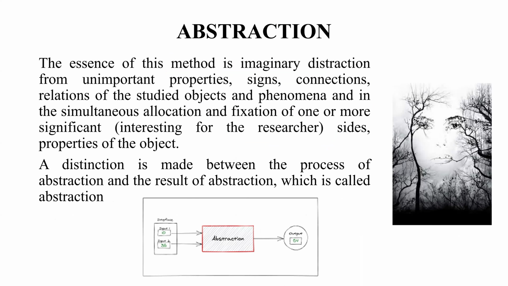Abstraction is a method. At the basis of this method is an imaginary distraction from unimportant properties, signs, connections, and relations of the studied objects and phenomena, and simultaneous allocation and fixation on the more significant sides, more interesting for the researcher, and significant properties of the object. A distinction is made between the process of abstraction and the result of abstraction, which is called an abstraction. It's not easy to understand, but